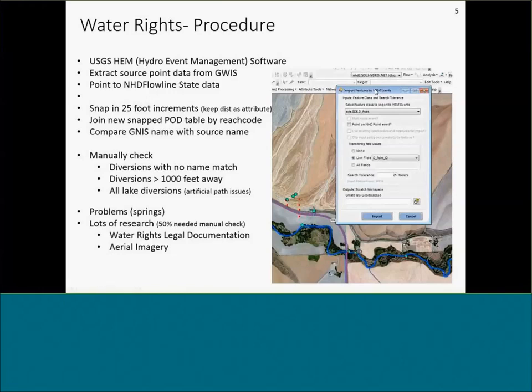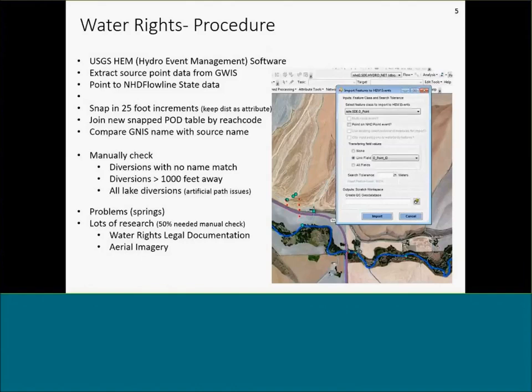And we imported all of those surface water points of diversion in 25-foot increments. So we created a feature class from our old points of diversion, which was named this SDE point. And we had a link field, our unique identifier, and then we had our NHD data, our networked data here, and then we set a search tolerance. This says 25 meters, but we actually used 25 feet, and then we pulled in everything that was within 25 feet, snapped it to the stream.